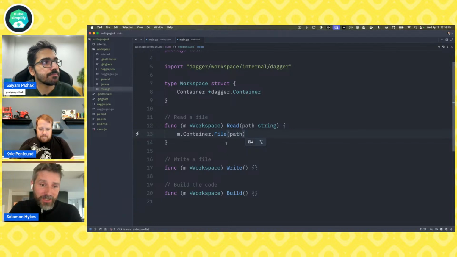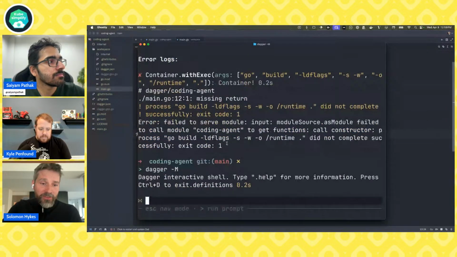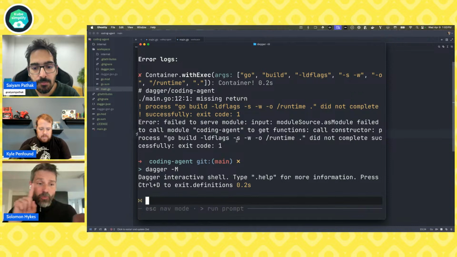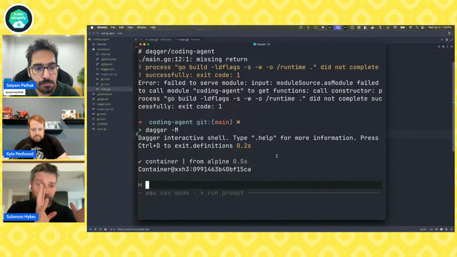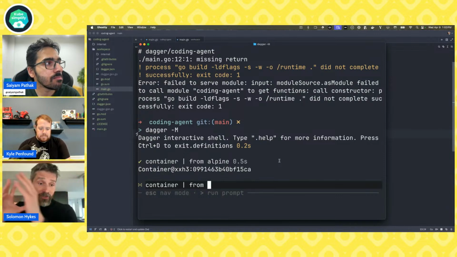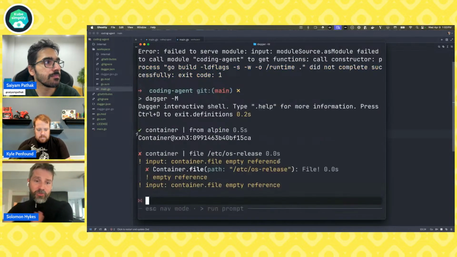So for example, container dot from would be one possible call, container dot with new file. That translates word for word. Anything you can type in the shell, you can type the exact same chain of function calls in Go or in Python or in TypeScript, etc.